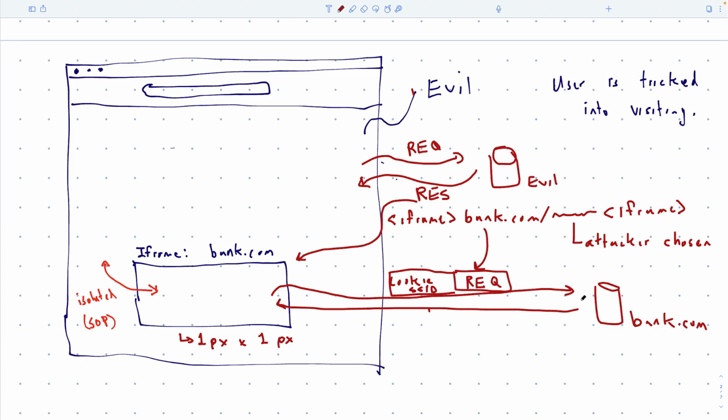And just like in the previous example, the bank can say, okay, I know who this SSID is. I know it's Alice. And so when I send my response, it's as if Alice requested it herself. So it's as if Alice is logged in.